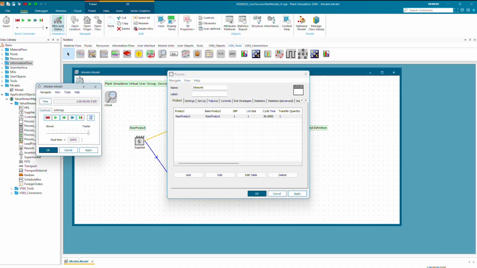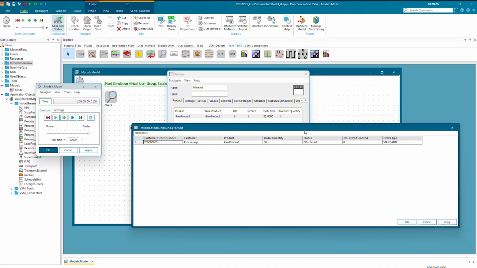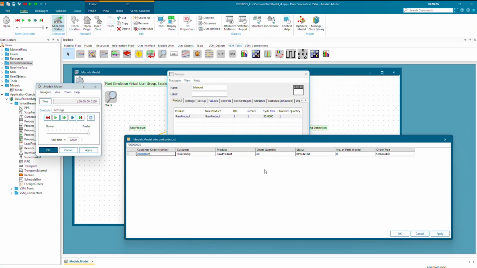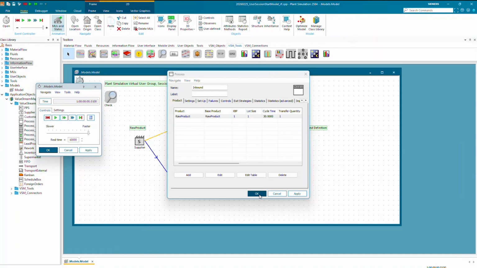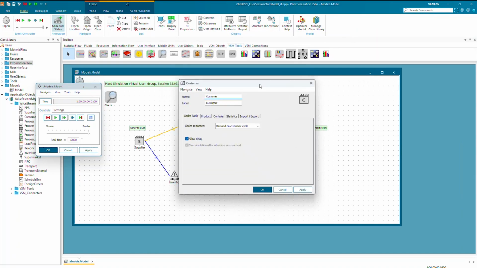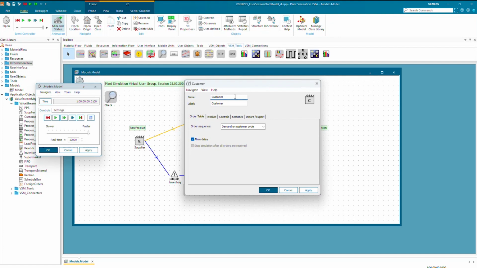So, for example, you have here a certain local order table for this process, and this has to produce 60 parts in one order for a customer order, and this can also be viewed in the customer there as well. So the customer has in its dialog also statistics to check this.